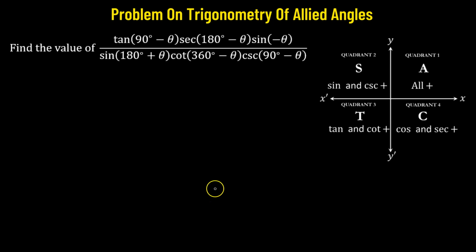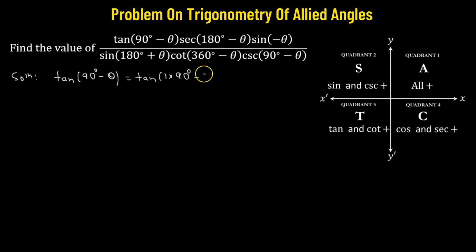We need to find out the value of the given trigonometric expression. So let us begin. We will first try to reduce each of the trigonometric ratios, that means simplify. Let's begin with our first ratio. We have tangent of 90 degree minus theta, which can also be expressed as tangent of 1 multiplied to 90